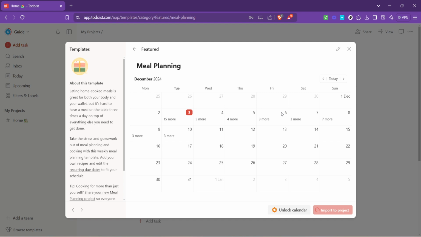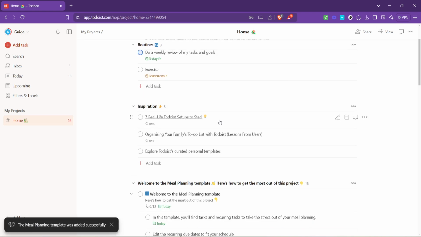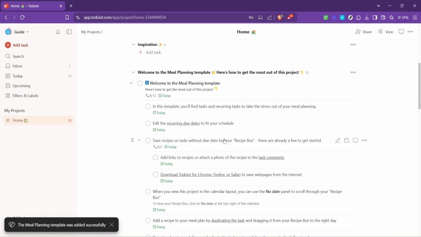And there you have it. You're well on your way to becoming a meal planning maestro with Todoist as your tool of choice. With this setup, you'll streamline your meal preparation process, save time, and possibly even discover some new recipes along the way. Remember, the key to successful meal planning is consistency and flexibility, so feel free to tweak your Todoist project as you go along to better suit your evolving tastes and schedules.